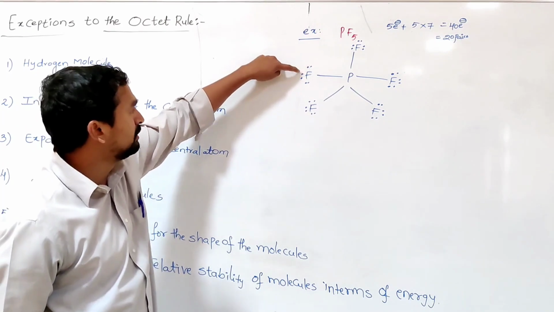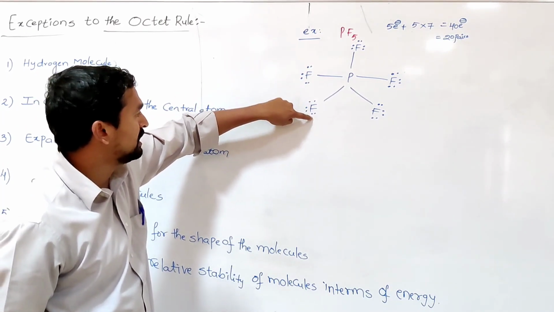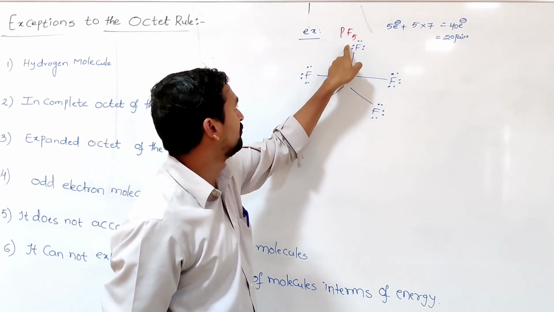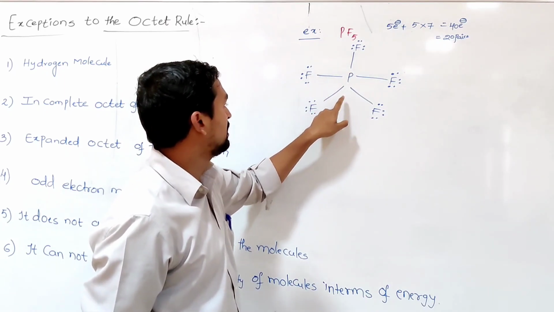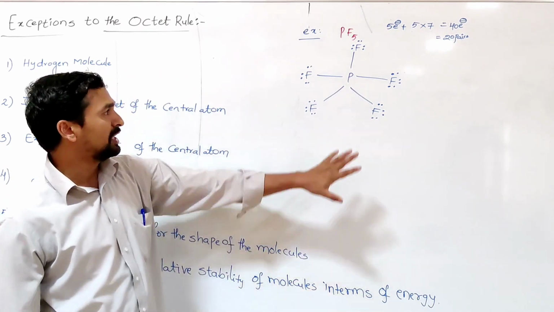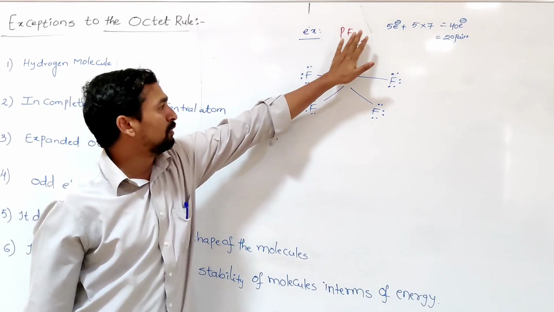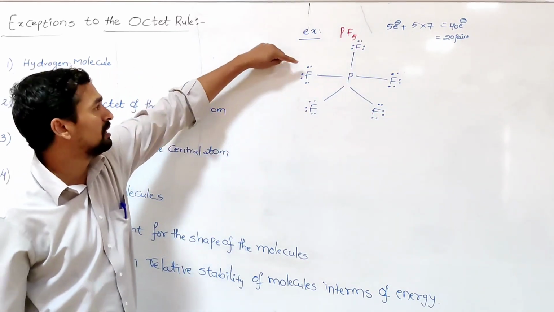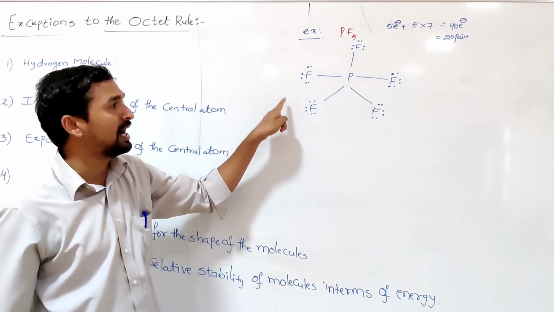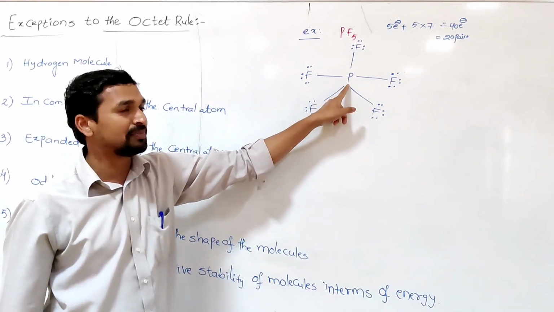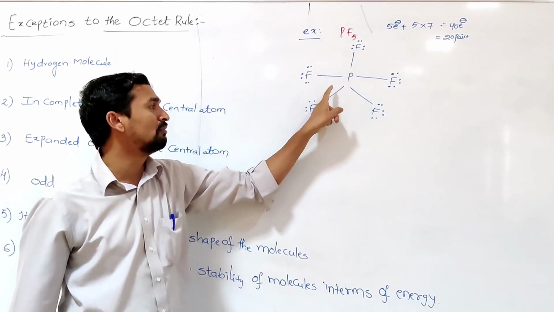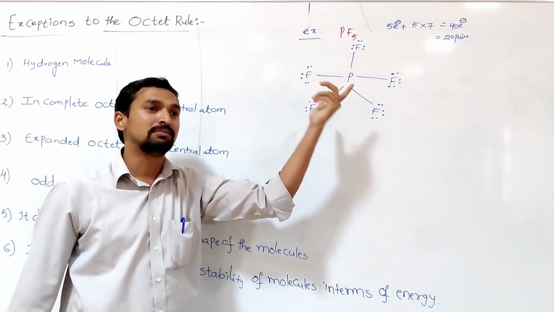Let you count how many pairs are present. On each fluorine, 1, 2, 3, 4, 5, 6, 7, 8, 9, 10, 11, 12, 13, 14, 15, 16, 17, 18, 19, 20. Like that I am arranging the electron pairs. When I am arranging the electron pairs like this, all the fluorine atoms are getting the octet configuration. Let you see, 2, 4, 6, 8. Like that every fluorine atom getting the 8 electrons. But in the central atom, phosphorus, it is surrounded by the 5 electron pairs. 1, 2, 3, 4, 5. 5 into 2, nothing but 10 electrons.